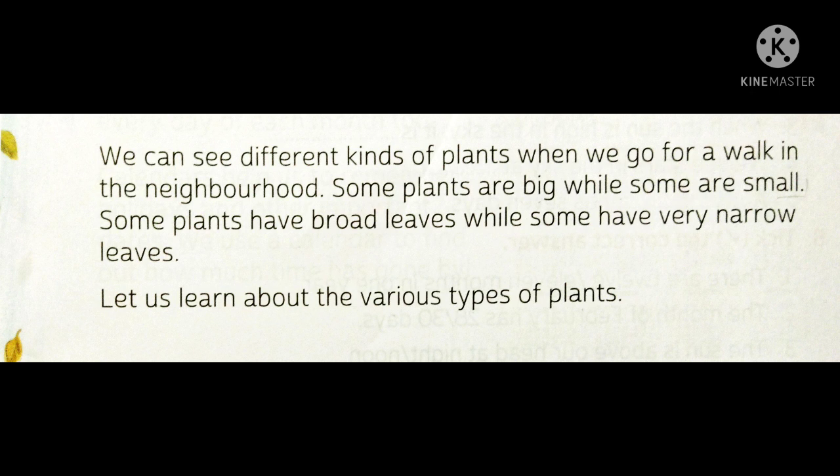So, children, here it may be clear in your mind that some plants are very big while some are small, and there are different types of leaves each plant has. Each plant has its own different types of leaves. Some plants have big leaves, some have very small leaves, some are broad, means they are wide, and some are narrow, it means they have a thin surface area. Okay, so we will study about them all in detail in this chapter.